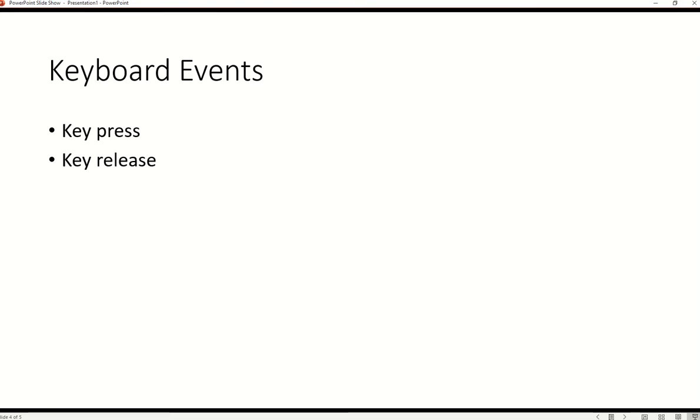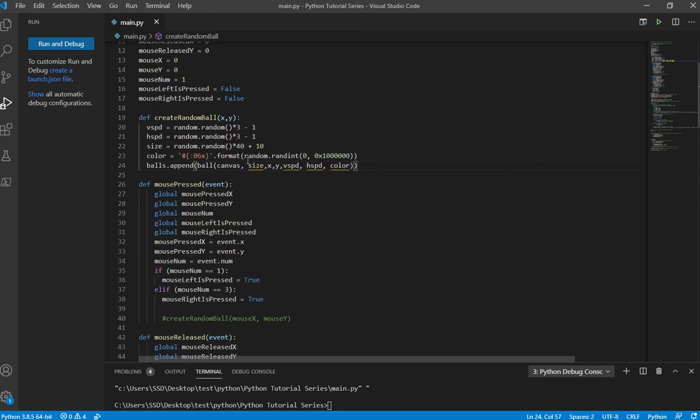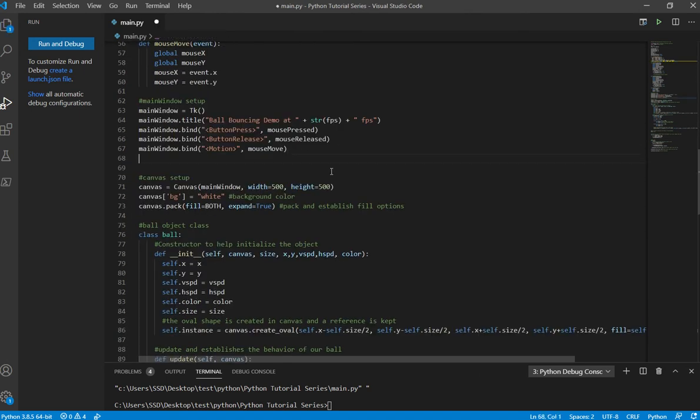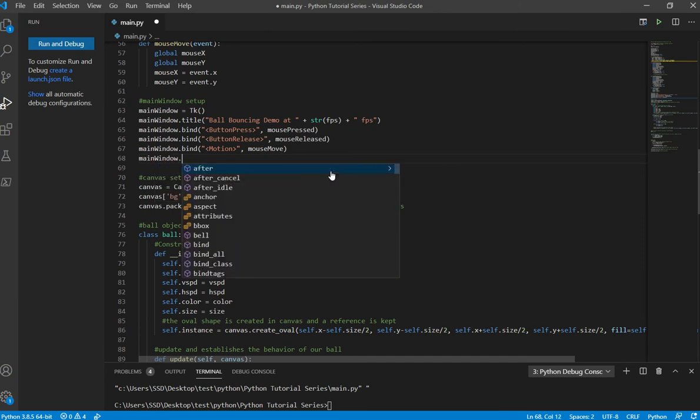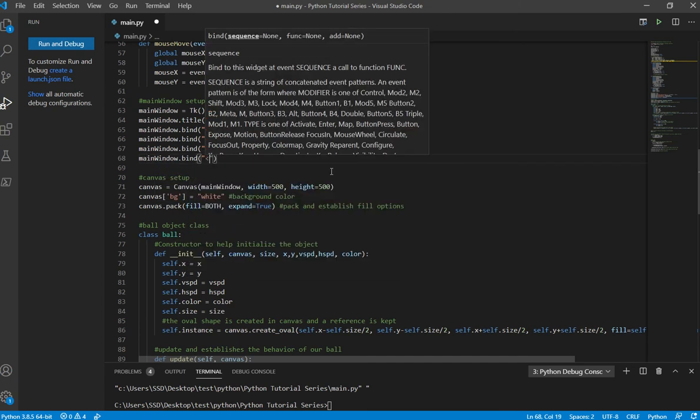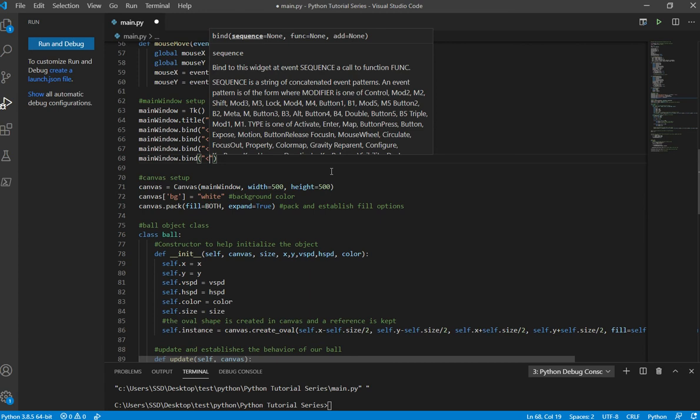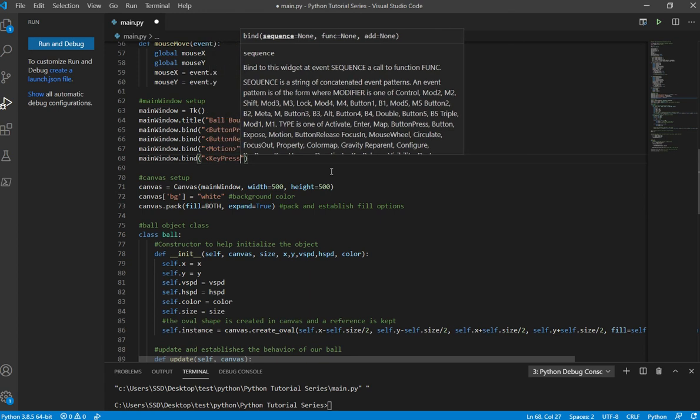So in this video, I want to bind to the key press event, so that when we're making a game, we can use our arrow keys and all kinds of buttons to interact with the game. Let's get started. We want to bind to the key presses. Now in the documentation, to bind to the key press and the key release,